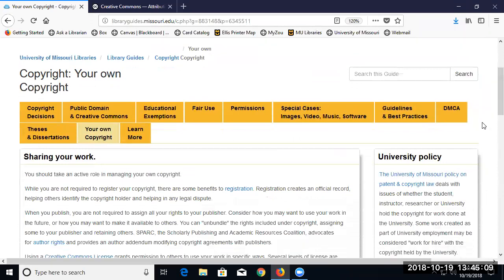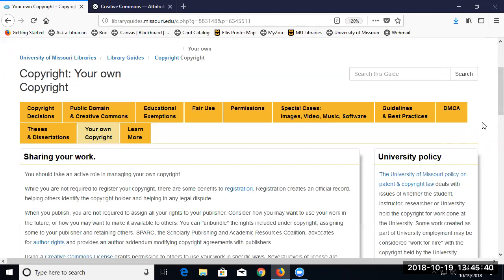I think for instructors, for professors, it might be a little bit different. It gets spelled out depending on: were you commissioned by the university to do this? Is it as a result of an internal grant? Are you using a lot of university resources to create this? So when you're starting a project as an instructor, particularly, you'll probably want to make sure you're clear. Is this something that you will own as intellectual property that you can take with you? Or is it something the university owns? Or do you need to negotiate what kinds of rights there might be?